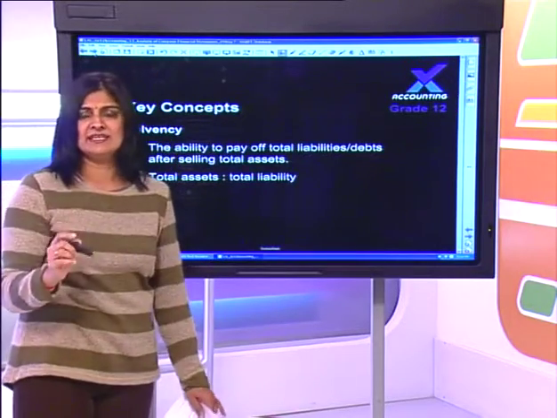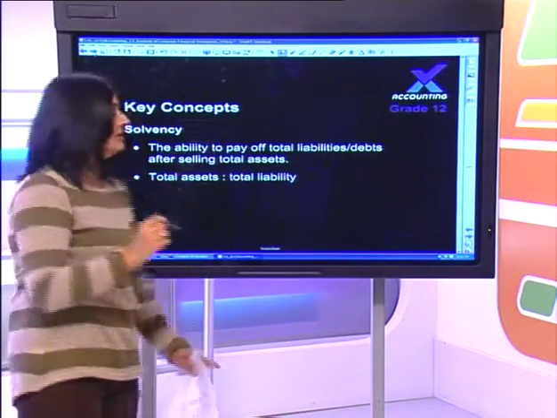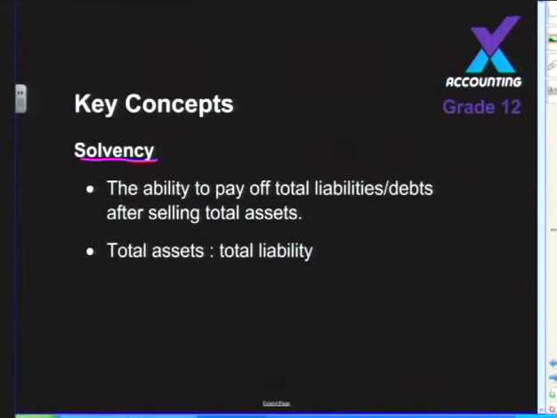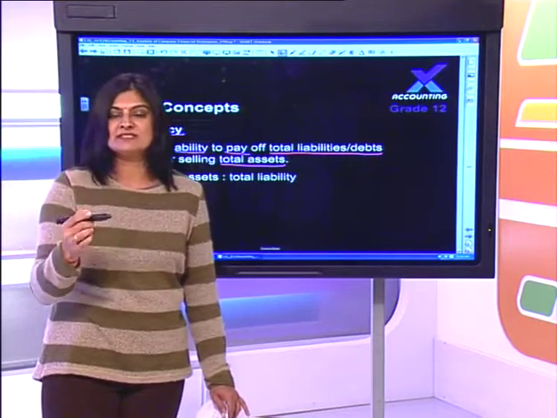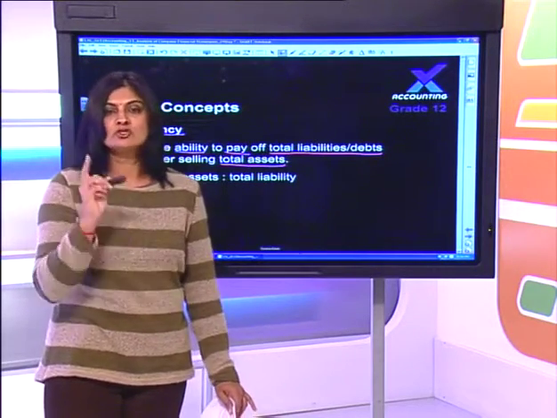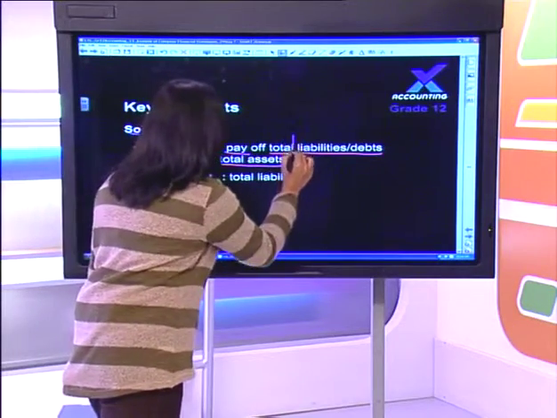The next category is the term solvency. Now, again, what do we mean by solvency? And again, guys, just like liquidity, this is a common exam question. Solvency is simply the ability to pay off total liabilities or total debts after selling total assets. In other words, whereas liquidity was looking at simply whether the business can pay short-term debts, solvency focuses on total